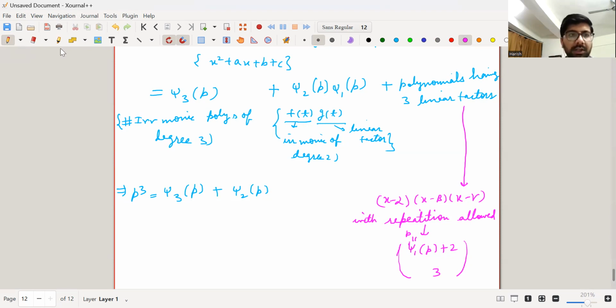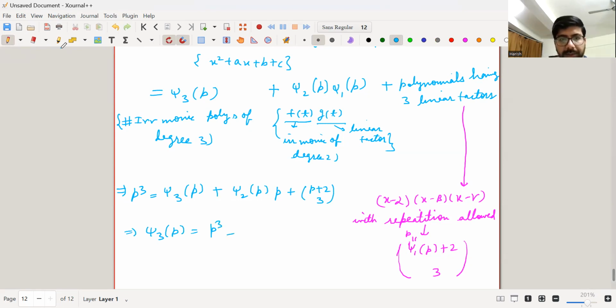Okay, so xi1 of p, we know that this is p, and xi2 is p choose 2, and p plus 2 choose 3, right? So this implies that xi3 of p is p cubed